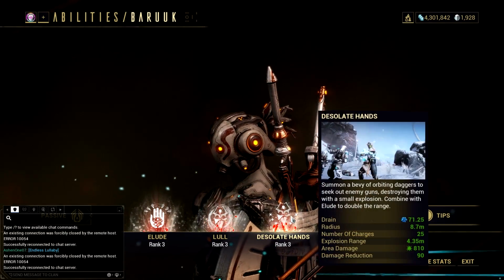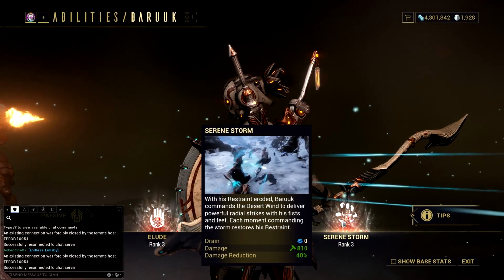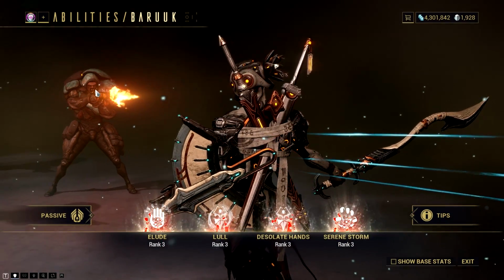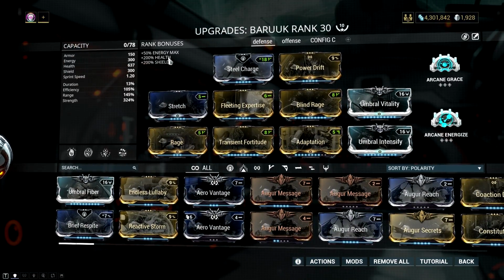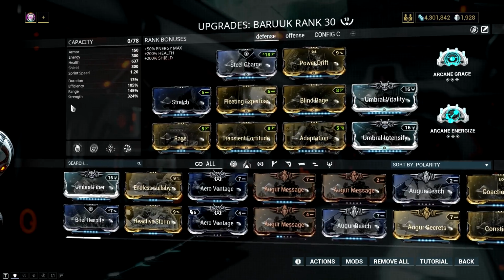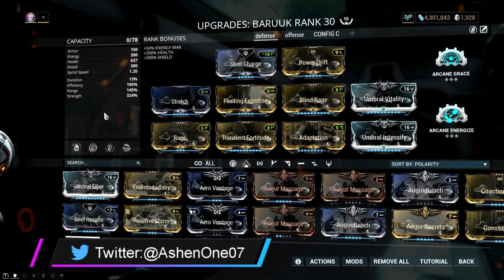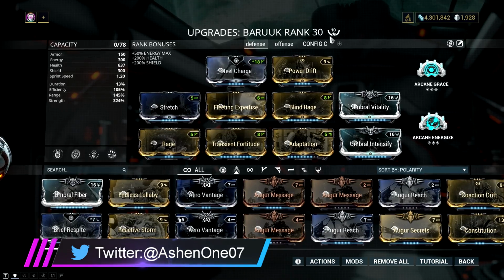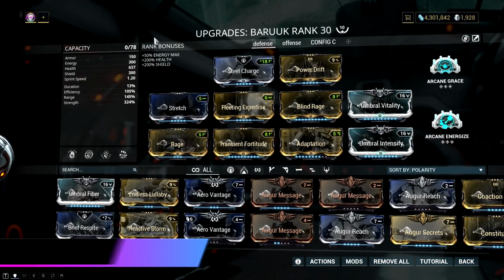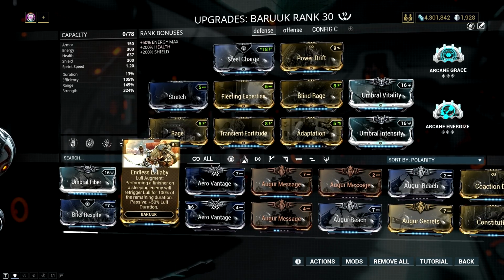Well, this frame has tons of damage mitigation, that you don't even need the Elude ability to make him survive. Just put lots of power, strength, efficiency, some range, and then add the Adaptation mod, and you will be a semi-tank crowd-controlling, heavy-hitting monk. But this mod setup is just one of many for this frame. I have tried a couple of builds for BARUUK, and you can see that on how many Formas I've spent already on this frame. Like I've said, the addition of Endless Lullaby on your build creates a new playstyle for